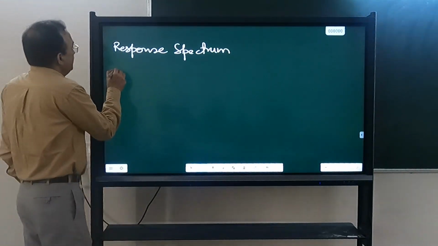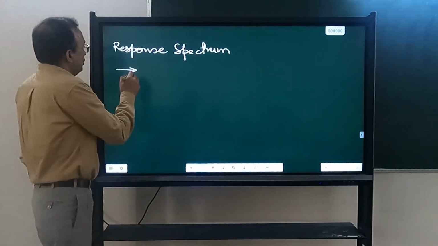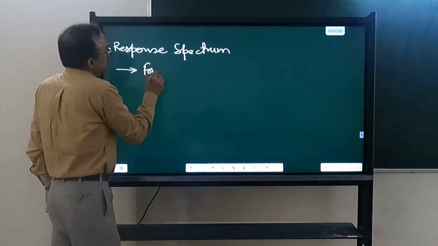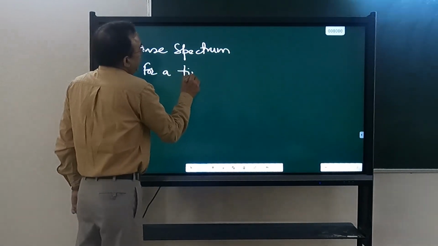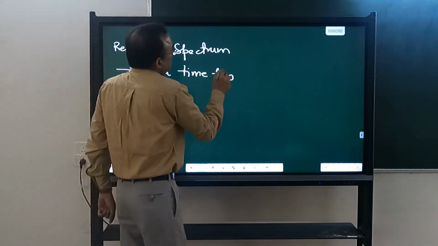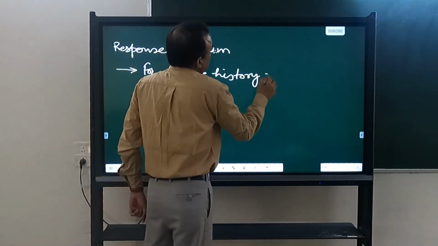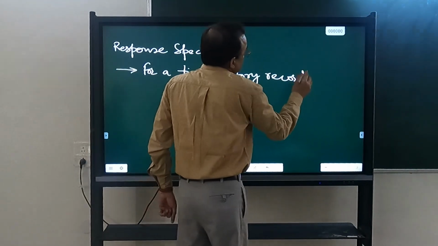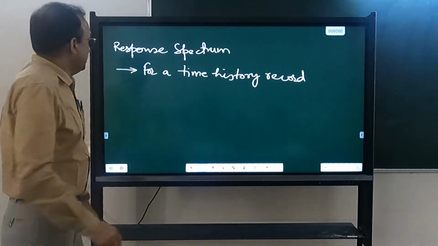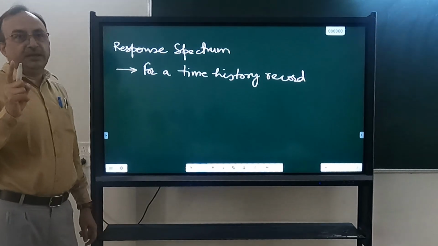Spectrum, you can plot for a time scale. So when you plot for a time history record, that means for a single time history,